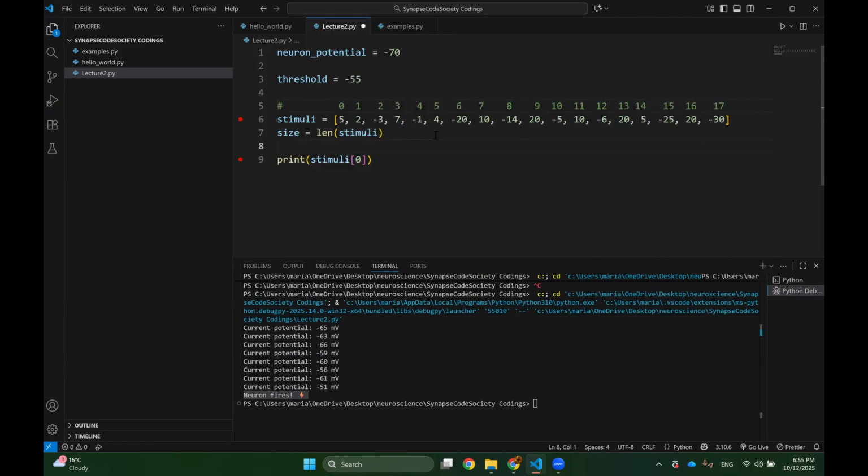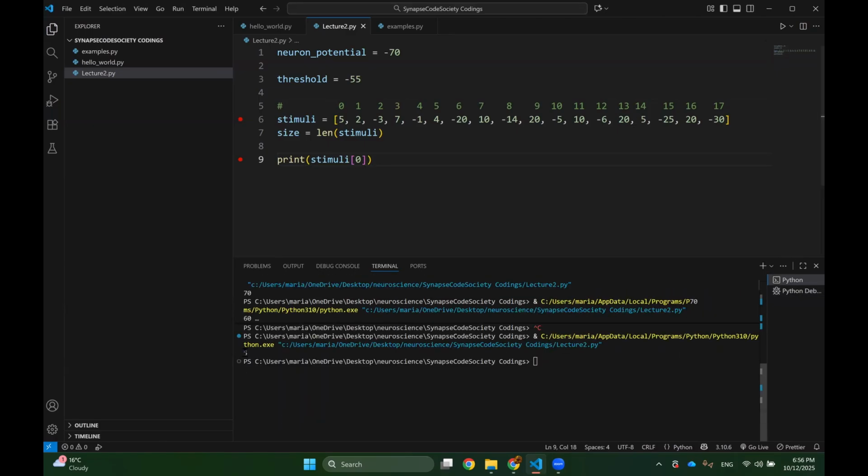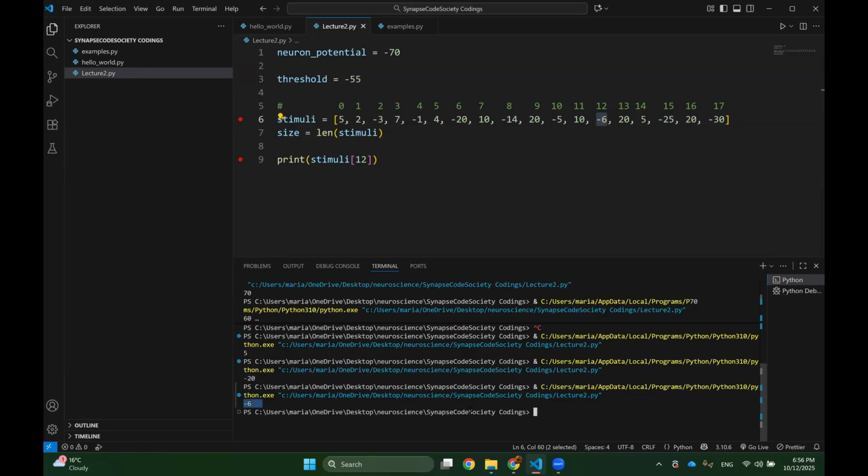Yeah, like this. So we can see that we have 18 elements from 0 to 17. And if we ask what the first stimuli is, it will give us 5. If we ask what the value in number 6 is, it will give us minus 20. As we can see here, 6 is minus 20. If I ask for 12, for instance, it will give minus 6 right here, as you can see, and so